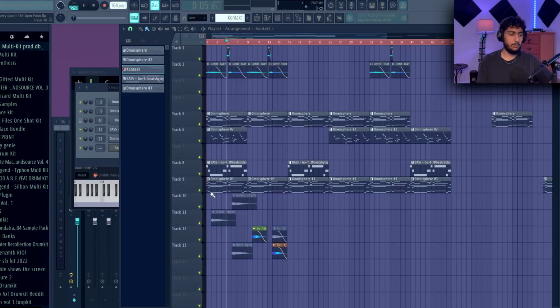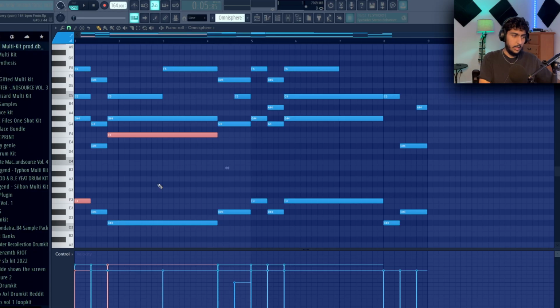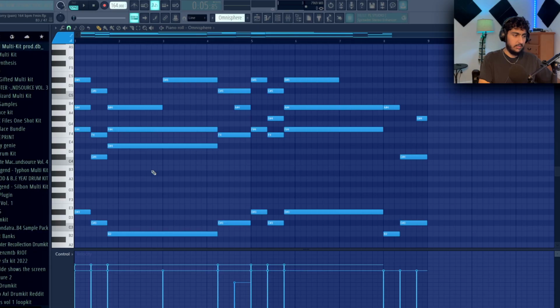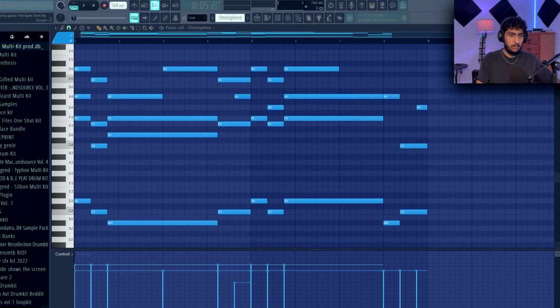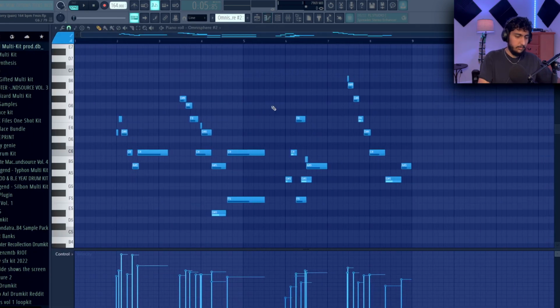So let's say, for example, I wanted to change this beat to a different key. So right now it's in F minor. Let's say I wanted to drop it down to D minor. All I have to do is just count down the number of notes on the piano and just shift down every single sound by that much. All I do is count down how many times I have to move all the notes down. 1 takes us down to E minor, 2 takes us down to D sharp, and then 3 takes us down to D minor. And so instead of having to go into every single pattern and having to move it down